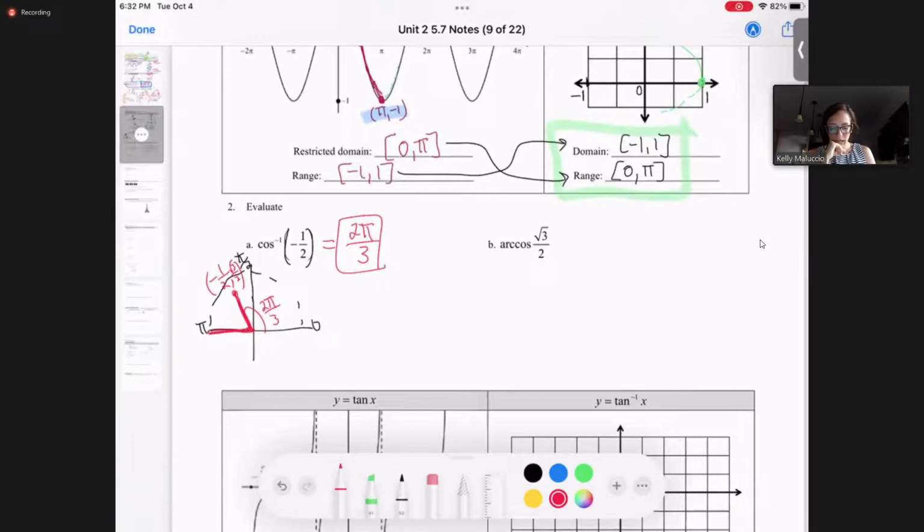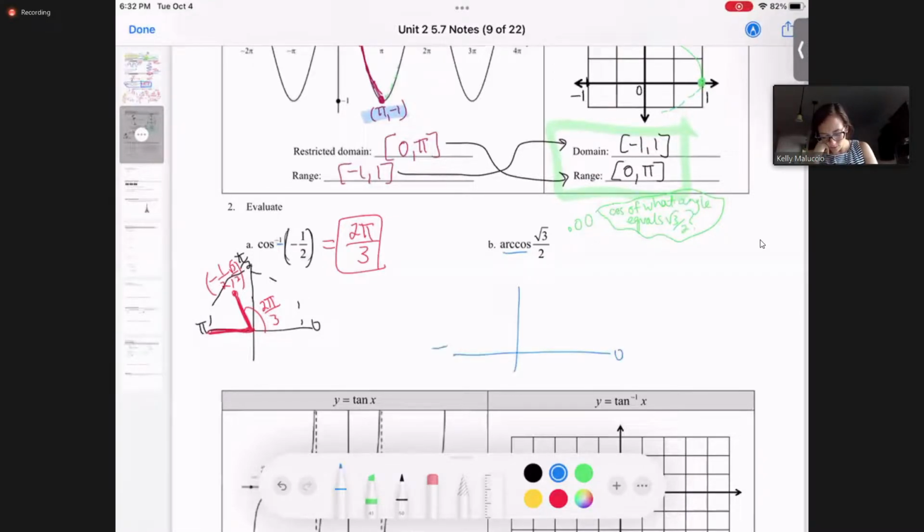Right. And again, maybe I'll write this for the next problem. Here's my thought bubble. Let me say this even better, just to be a little more concise: cosine of what angle equals square root 3/2, right? This is the question I'm asking my brain when I see something like cosine inverse of √3/2. And so again,